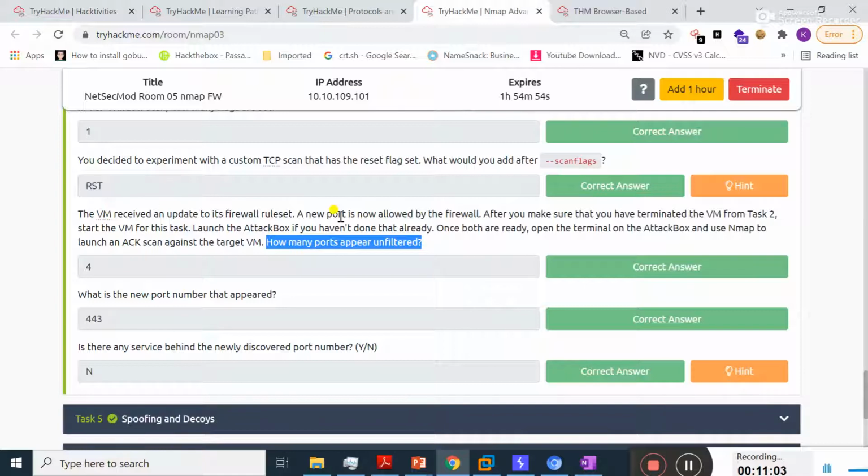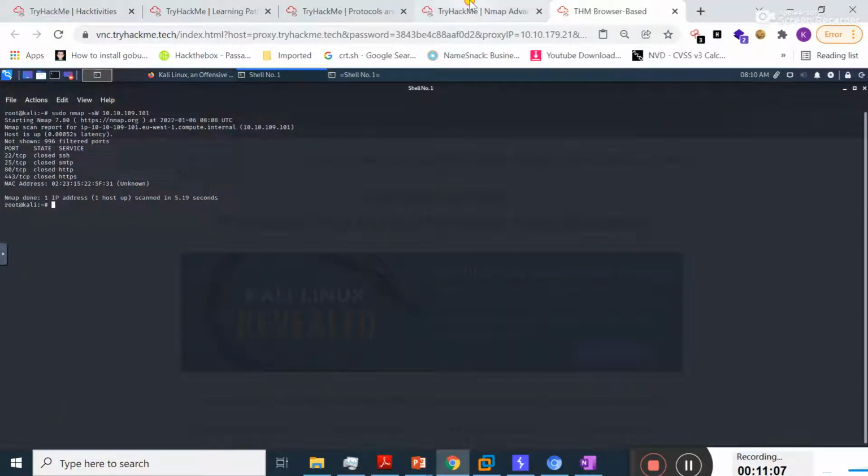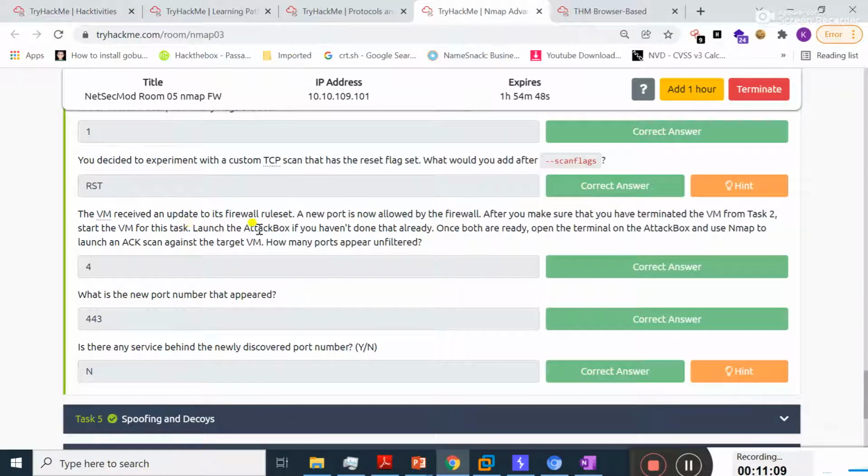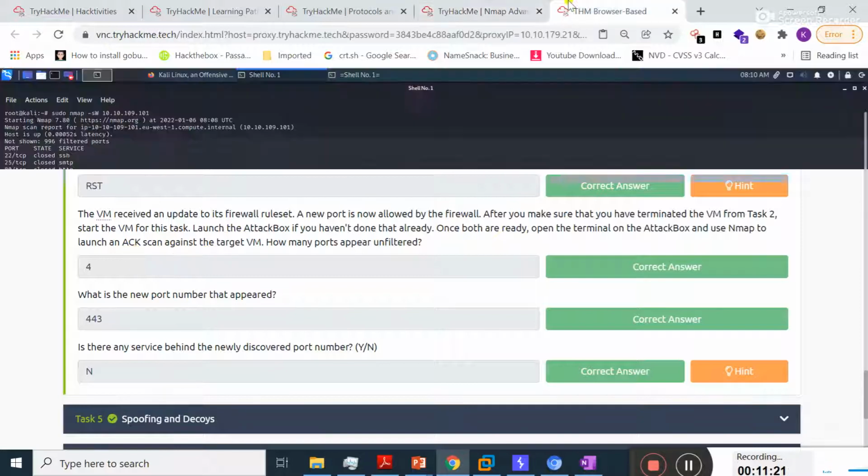Okay, how many ports appeared unfiltered? Launch the attack box if you have not done that already. Once both are ready, open the terminal on the attack box and use nmap to launch an acknowledgement scan against the target machine.